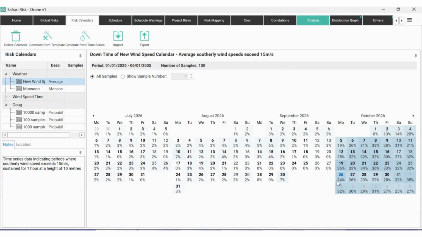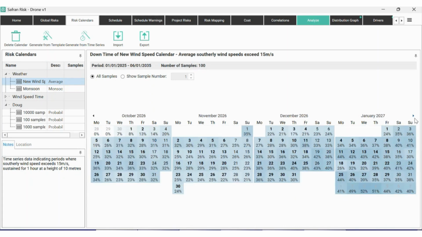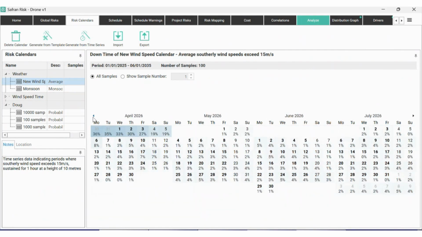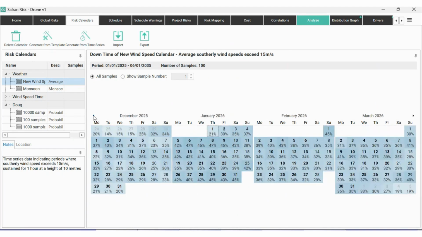So, of course, if the activities are going to be happening between October and March, we would expect there to be a higher chance that the completion date of those activities is going to be affected by this high wind speed than if those activities were happening earlier on in the year. Now, this particular view here is an interesting one to understand how it works,